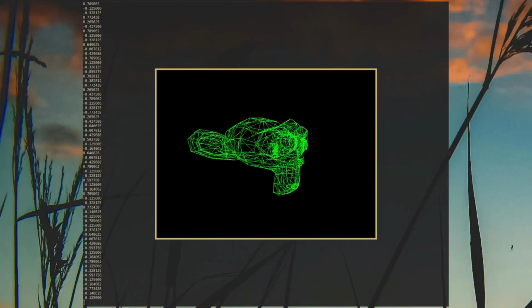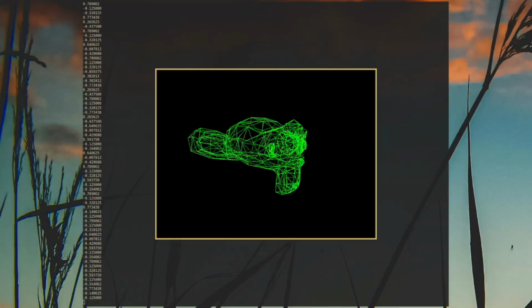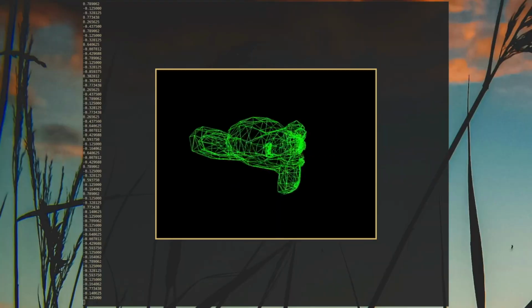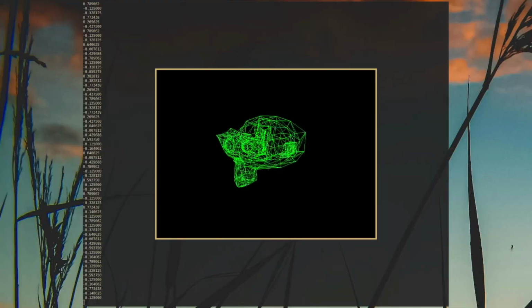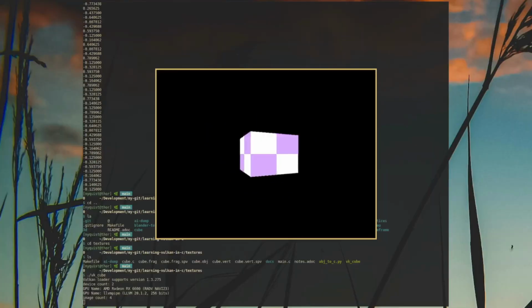All right, so before we get started, I just wanted to show you some things to look forward to as we're working through this project. This is just a Blender mesh that I loaded into Vulkan. It's the classic monkey head. And this is just a cube with a texture on it. So those are two things we have to look forward to, being able to load textures and meshes